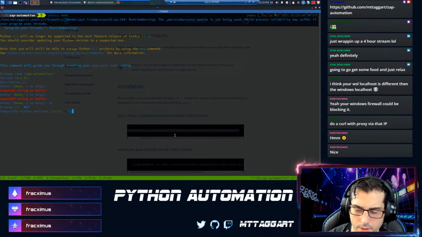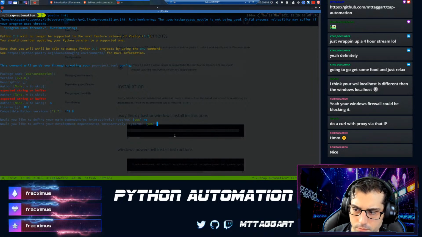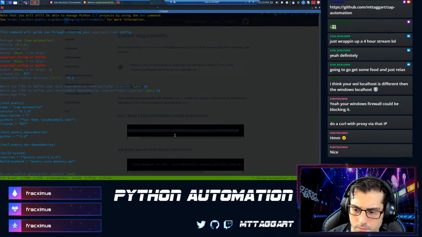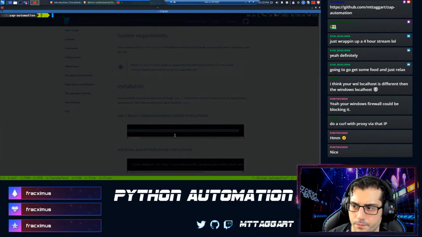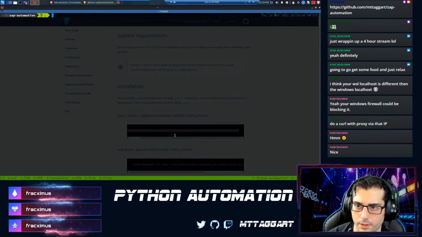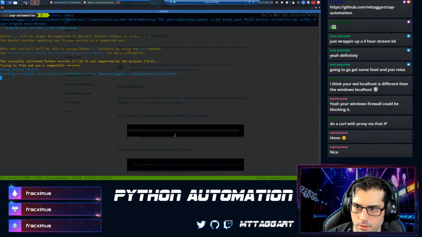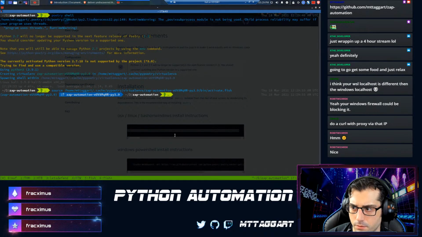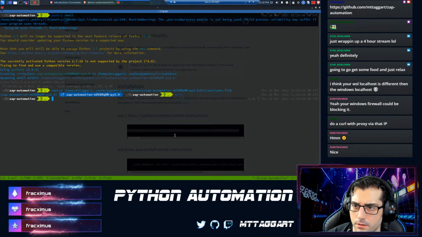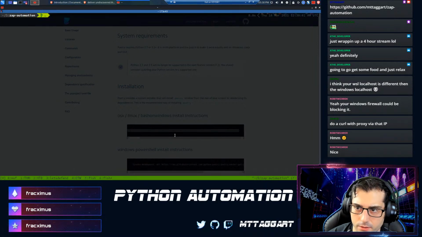I don't know why it defaulted to... Yeah, that's gonna be weird. Okay, so the issue here is that it's using Python 2, so that's because the default Python is that, right?